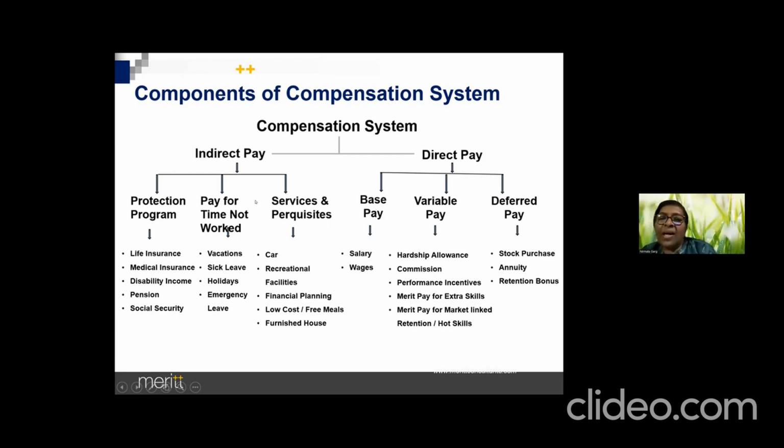And then what kind of protection programs, not statutory, anything out of it, you can put them in line. Indirect pay, what are the benefits you have? And then right there, is it a retention strategy or a performance strategy? Is it clear? You will take at best 5 minutes or 10 minutes. How much time? 5 minutes or 10 minutes? 10 minutes. Done.